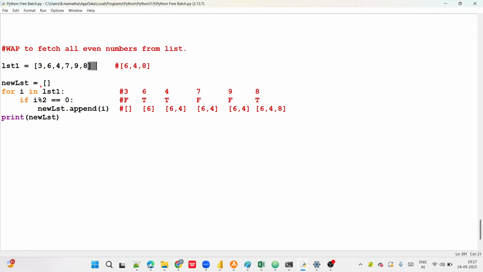Suppose, see, once the first iteration is over, what is the list value? Empty only. Once the second iteration is over, what is the list? 6 is there. Once the third iteration is over, 6 comma 4. Fourth iteration, 6 comma 4 only. Fifth iteration, 6 comma 4 only. In the sixth iteration, 6, 4, 8. So if you take the print inside the block,